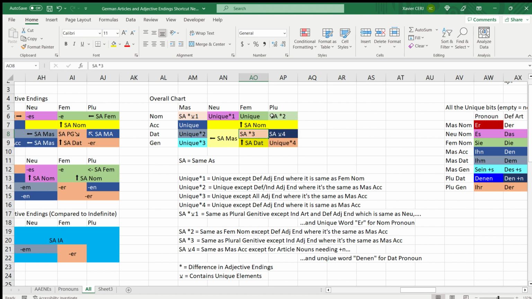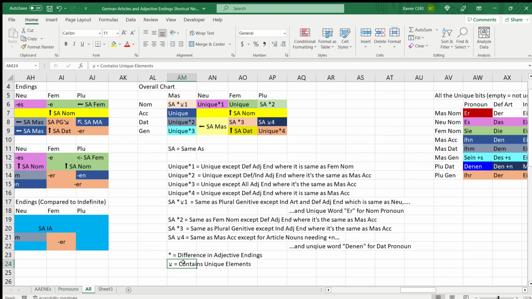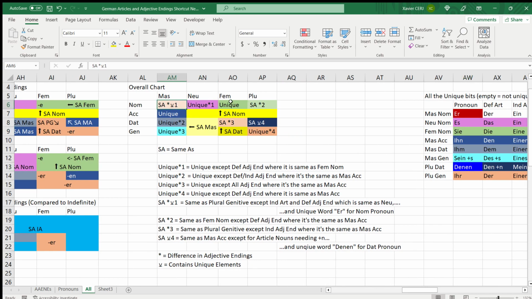Now we have a lot of "same as" with asterisks. So we have same as star 1, same as star 2, same as star 3, same as comment 4. I think this is a comment actually. Same as star comment 1. Comment, by the way, means that it contains unique elements that aren't related to anything else. So that's why we have the air here, and we have danon, which is its own word that doesn't follow anything else. So starting off with same as star comment 1, we have same as plural genitive, in which it is